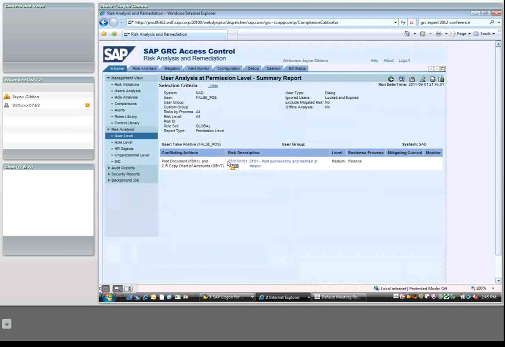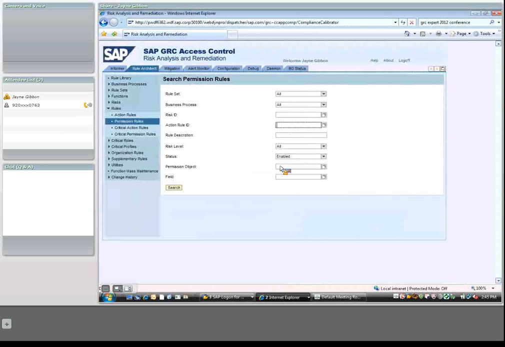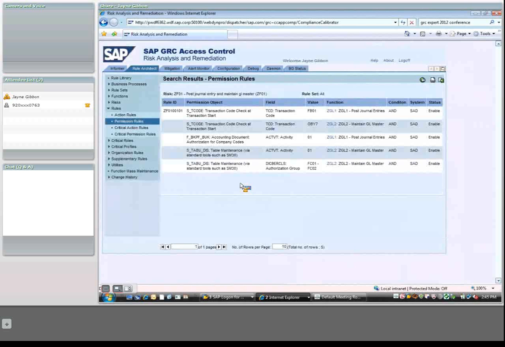So the first thing I always do is I copy this risk ID and I go to the rule architect. From there, I click on the rules and go to permission rules and then put that ID in the action rule ID. This is going to show me exactly what is configured in RAR for this rule. The reason this is important is because RAR reports based on the data in the rule architect and how security